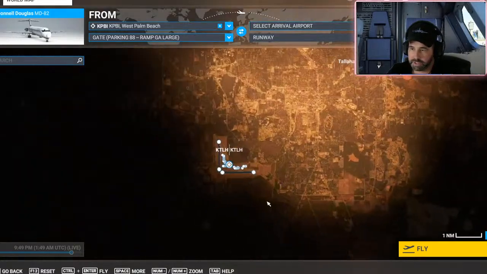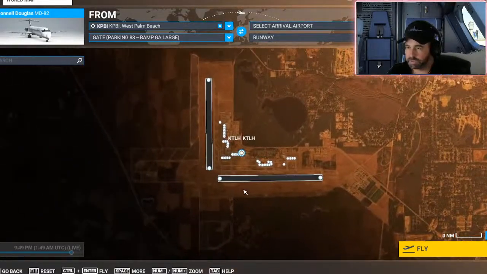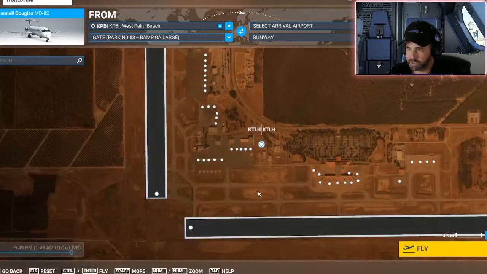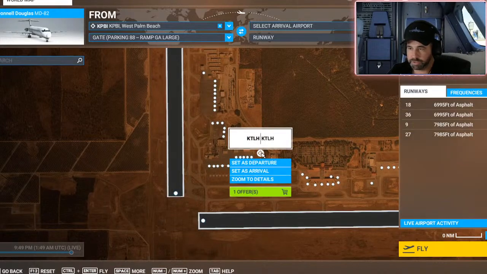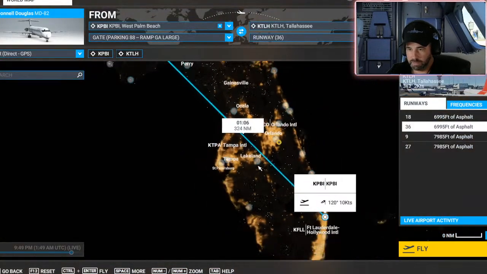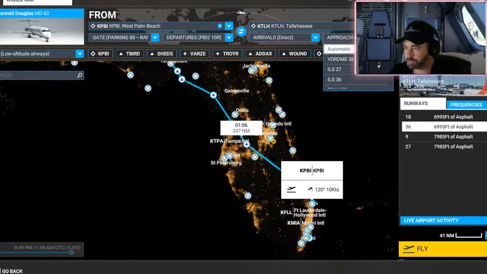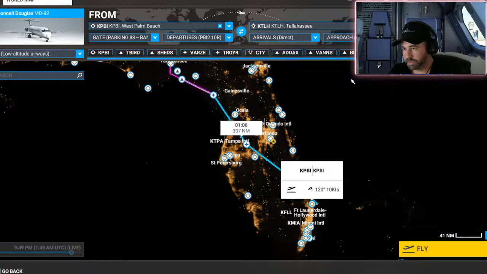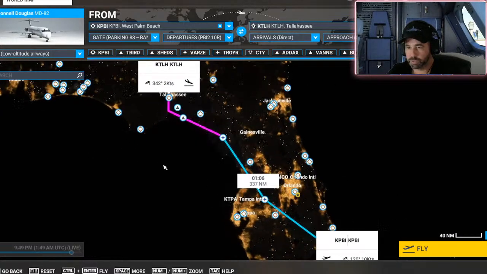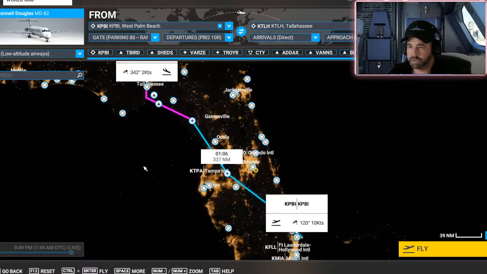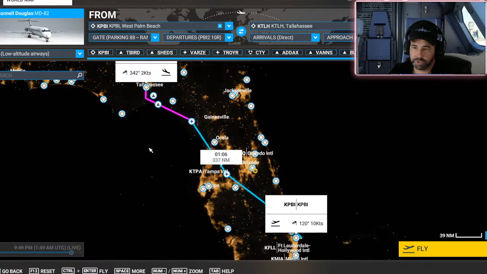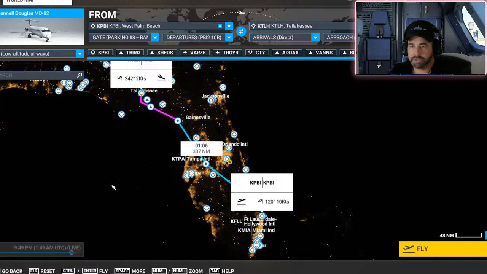Tallahassee. It's asking me to go to 30,000 feet to get here. I'm not 100% sure why, but it seems a little bit high for a low altitude route. Maybe it's a lot of traffic in the area. ILS runway 23 we'll be landing on. Our route is 1 hour and 337 nautical miles. We're going to put it in a flight plan